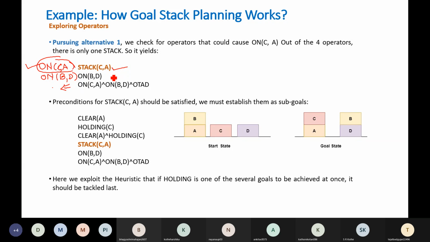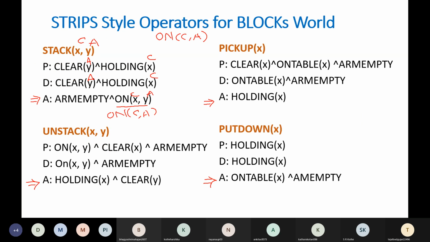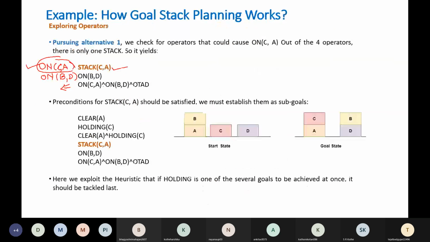The preconditions for stack CA are clear A and holding C, right? To satisfy this, these have to be true. So therefore put them on the stack. So clear A and holding C we have put on the stack. So first clear A and then holding C. One way of doing this is,